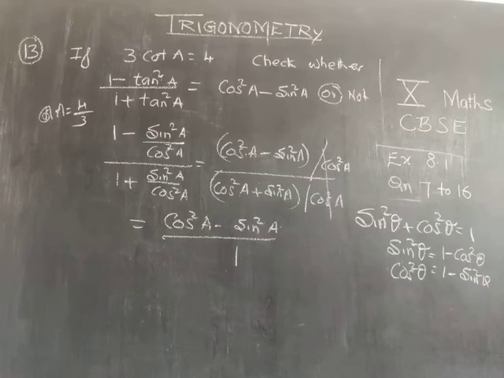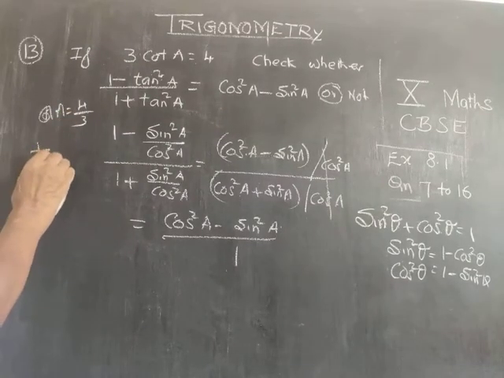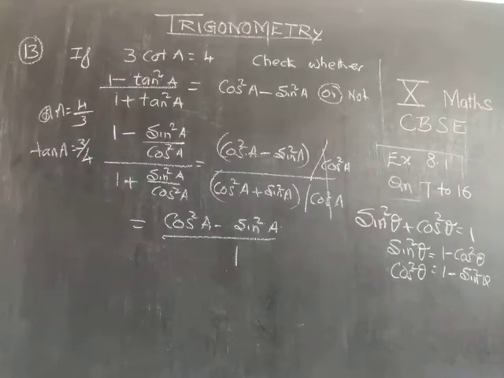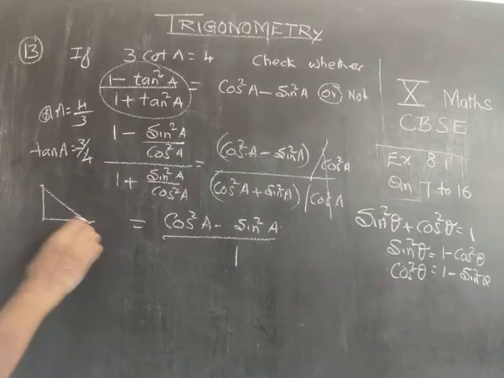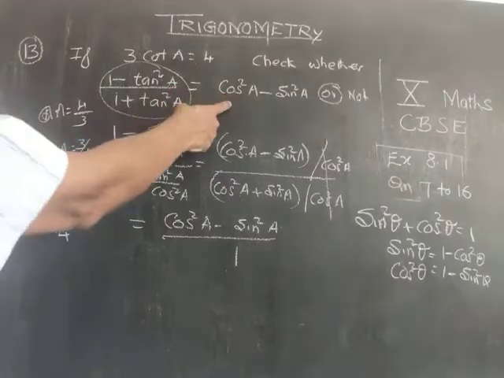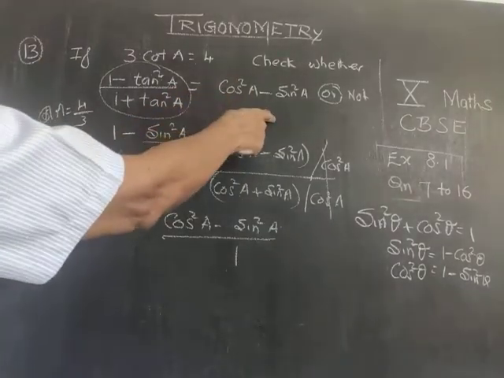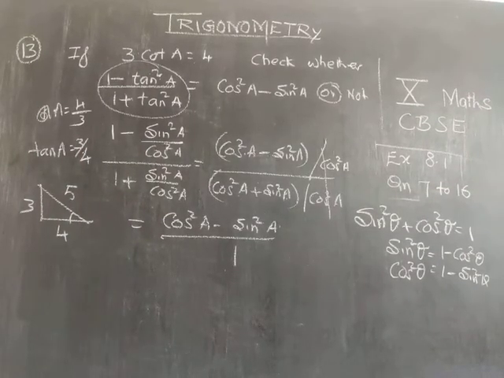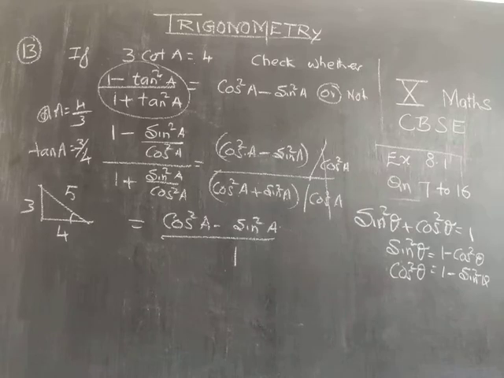But if you think that no, I want to use this, then what you do is you write out cot A. What is cot A? 4 by 3. That is, what is tan A then? Tan A is 3 by 4. Substitute here. You will get one answer. And after that, using tan equal to 3 by 4, that is opposite by adjacent, you find out this side. Find cos A, find sin A, cos square A minus sin square A. Just show that. By that way also you can get it. So I go for the next problem.